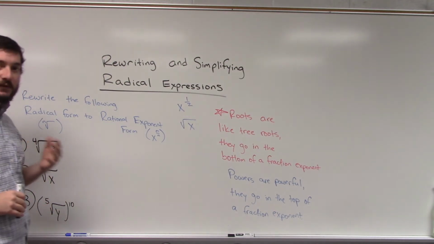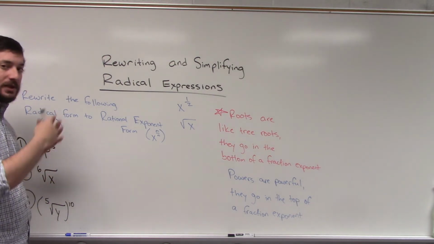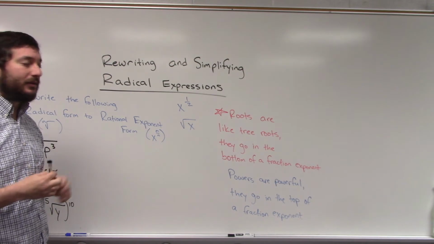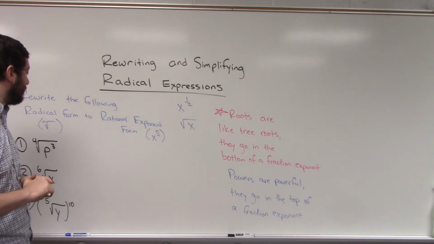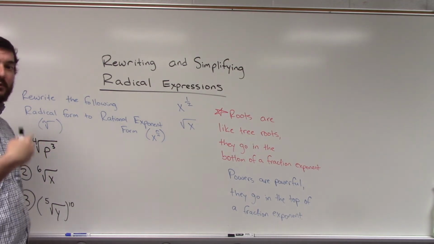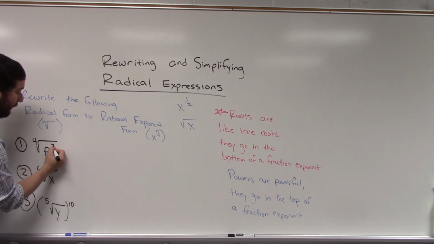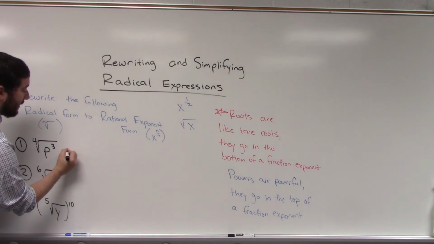We're going to go through each of them, see how we can rewrite from one form to the other, and then a rule that we can use in such cases. Okay, we start with radical form here. We have a root of 4. This is a fourth root. And a power of 3. The way that we're going to rewrite this